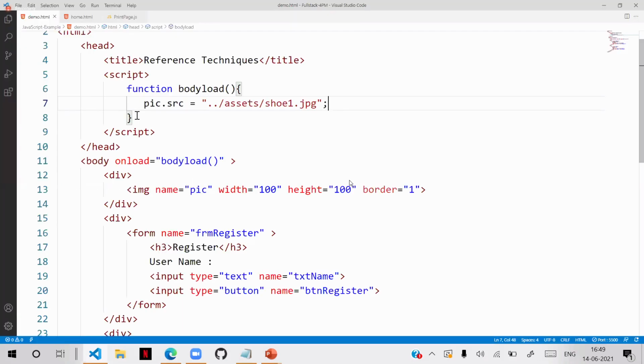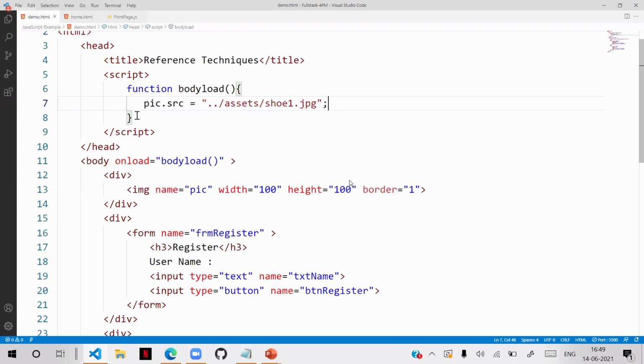But we have some problems with this. Name reference also has some problems. You all know that I told you in HTML the difference between name and ID. Several elements can have the same name. That means another element also can have the same name called pic. So the name can be common for several elements. In that case, it will affect everywhere.